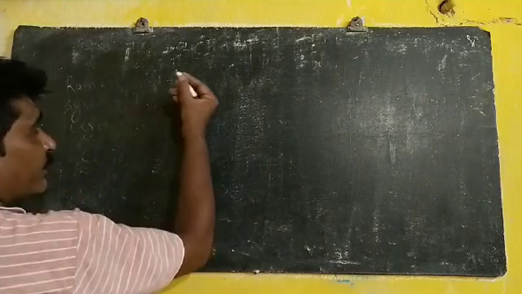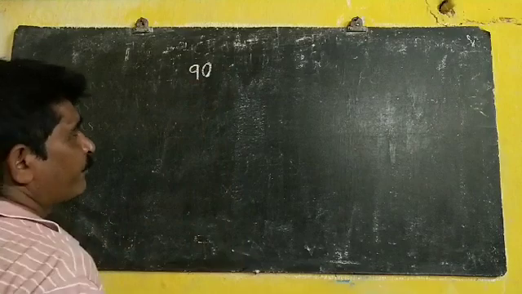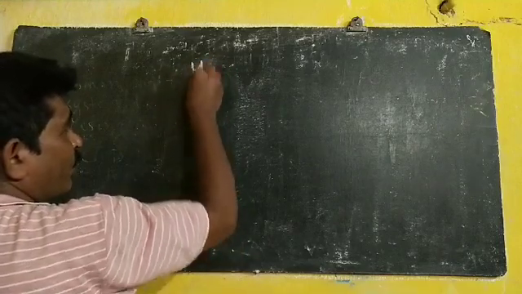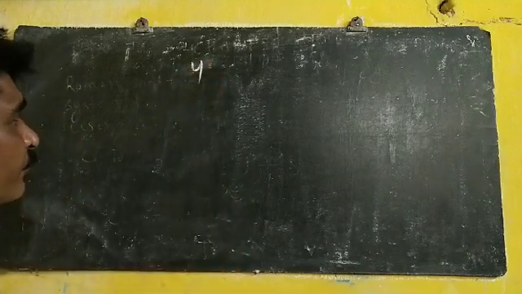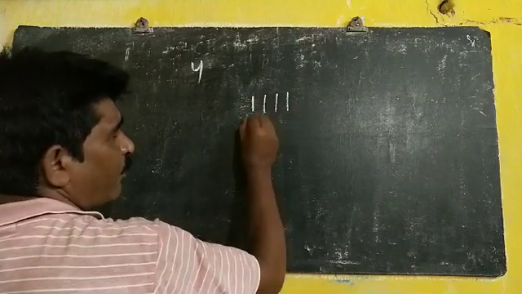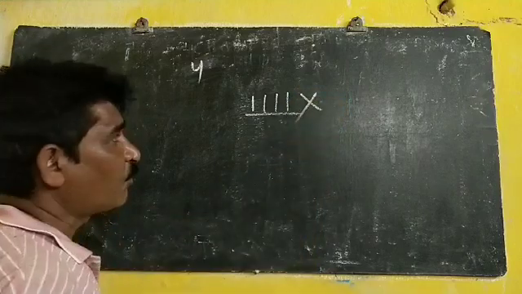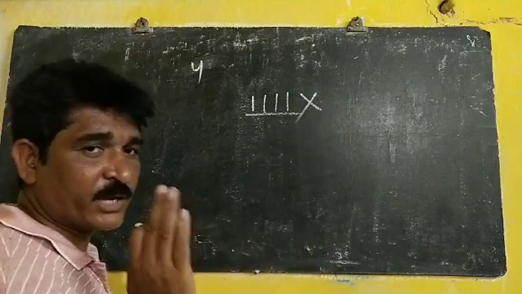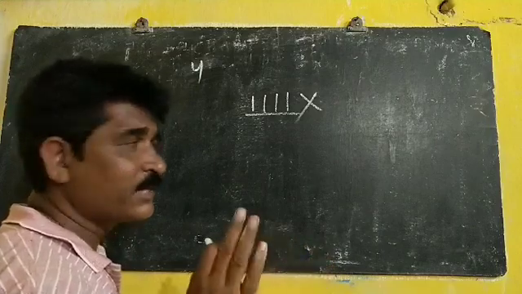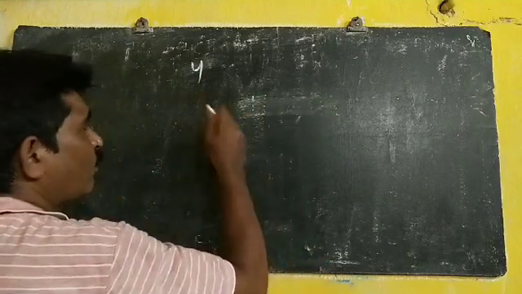So this is another process. Then 90 rupees, how can you give? Then 4 rupees, how can you give? 4, 1 1 1 1, can we give 4 or what? But we cannot give 4 like that because any one kind we can give only 3. Only 3. But in here 1, 2, 3, 4 is coming. That's why it is not possible. So how can you do it?